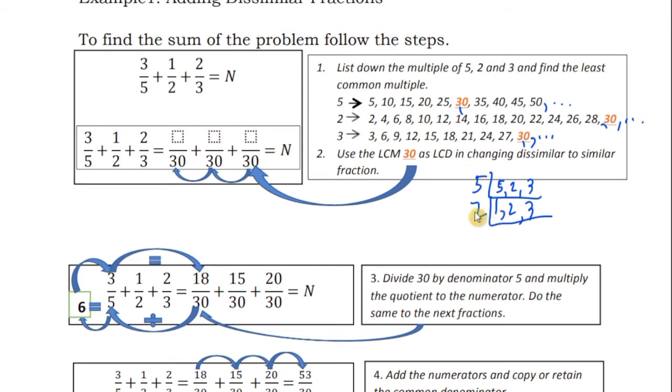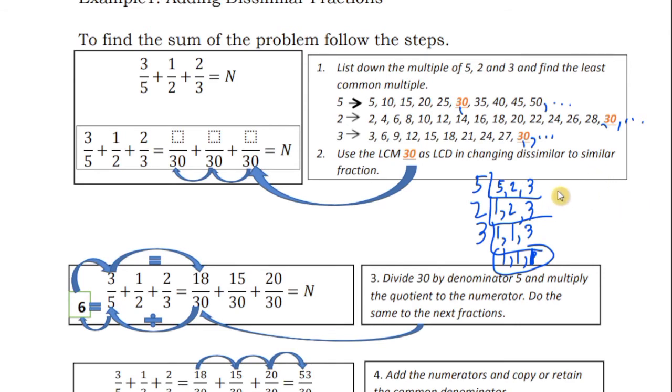So 1 divided by 2 cannot be, so I just copy. 2 divided by 2 is 1. 3 divided by 2 is 3. Then we have 3. So 1, 1, 1. So now we could get here 1. Since we cannot get the target as 1, 1, 1 here, the next thing that we should do